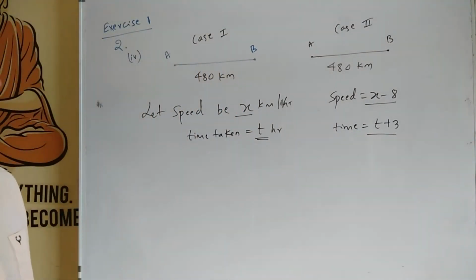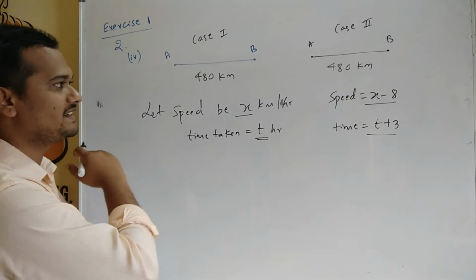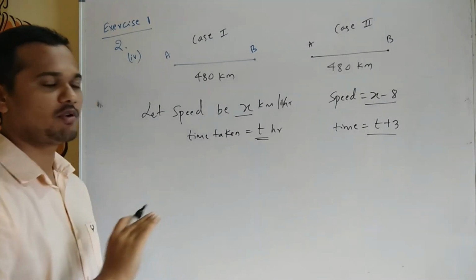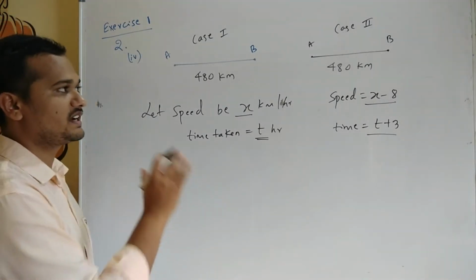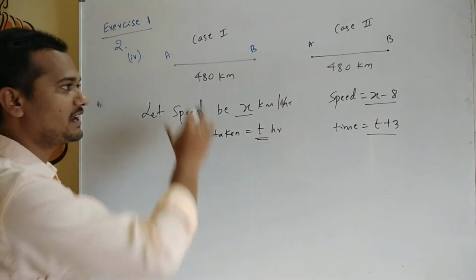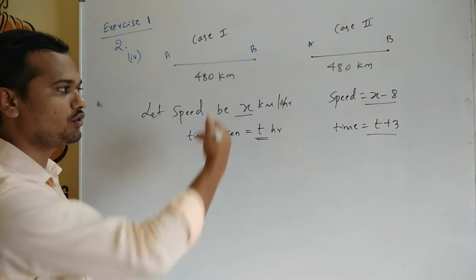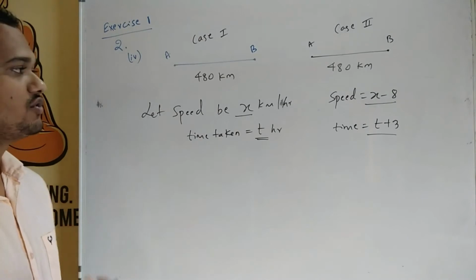So this is the given data, right? If you understand till here, then 50% of the problem is solved. First, try to take the given data in a pictorial view. Then it is easy for you to interpret the problem. So what is our next step?